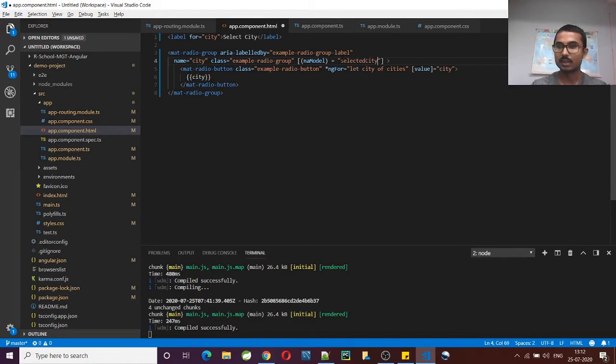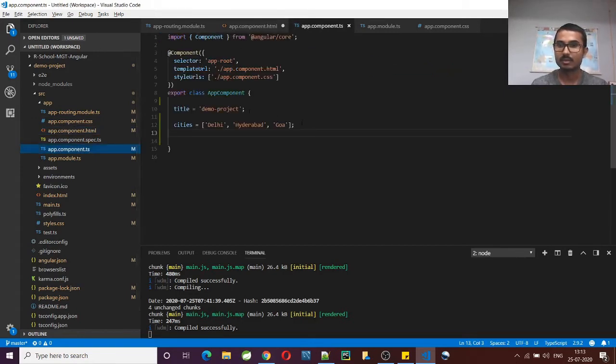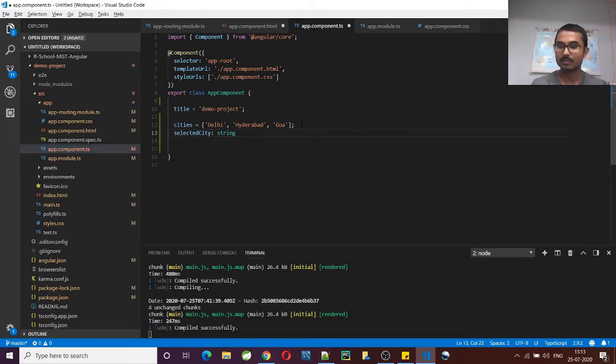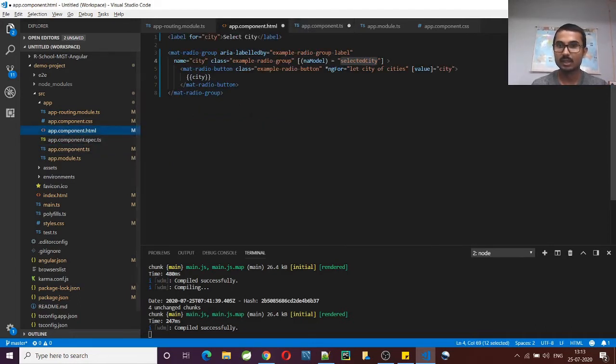This variable I need to declare in our component. So let's declare this variable, and it is of string type. Whatever value I select will be assigned to this variable, and I'm trying to print this value in HTML so that we can see that this value is selected.